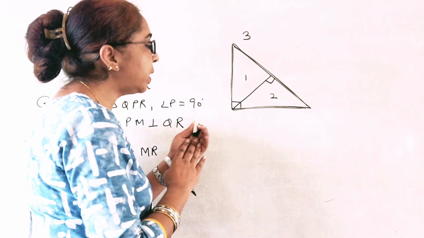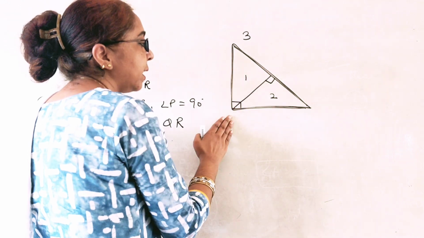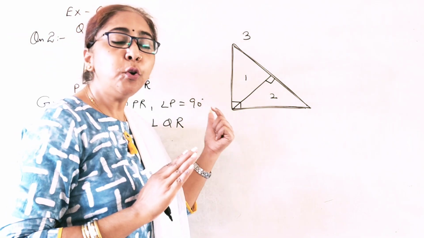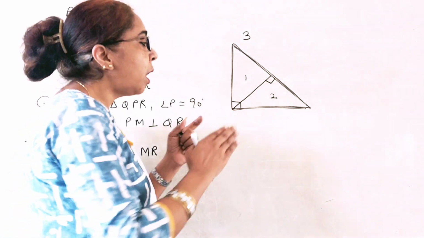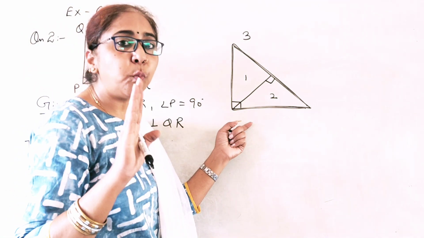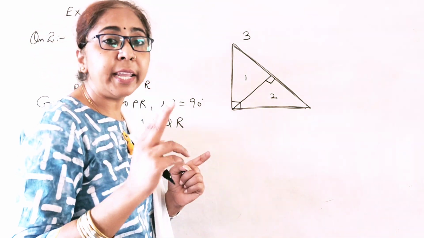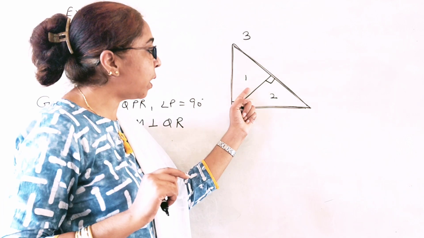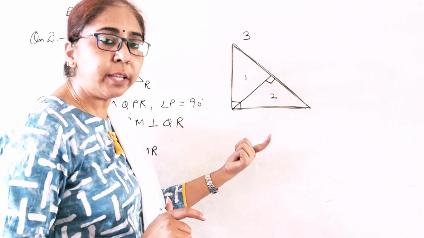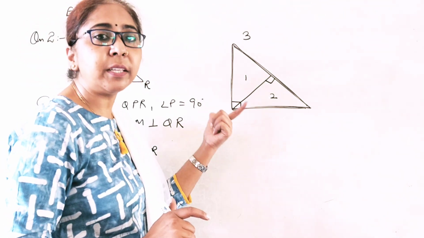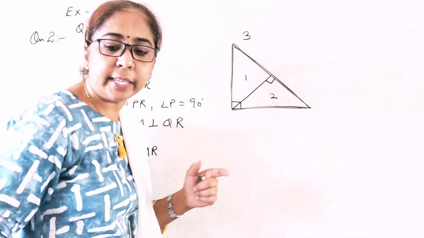Now the problem is, when students do these kinds of questions, when they have this perpendicular, this angle 90 and this perpendicular, they don't know how to write the name of the triangle. So I will tell you how the problem arises when you make these two triangles 1 and 2 similar. When you give the names to triangles 1 and 2, at that time you will face the problem, and I am just telling you so that you will never face any problem to write the names of these kinds of triangles.